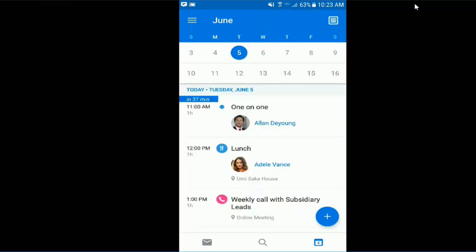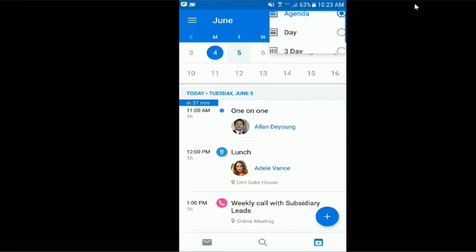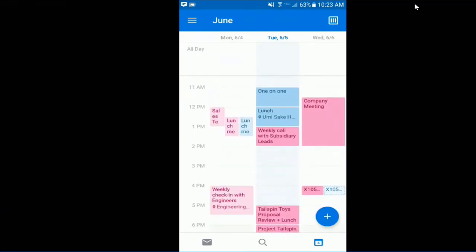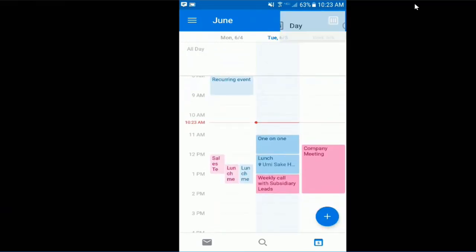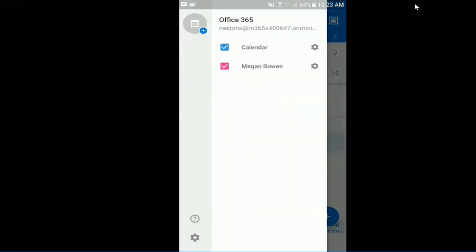I can also switch to an agenda view where I can just see the meetings that I have in order, and I can also switch to a 3-day view. So maybe I want to take a look out for the next few days and see what I've got going on. The other options that I have in here is I can select the hamburger up here next to my